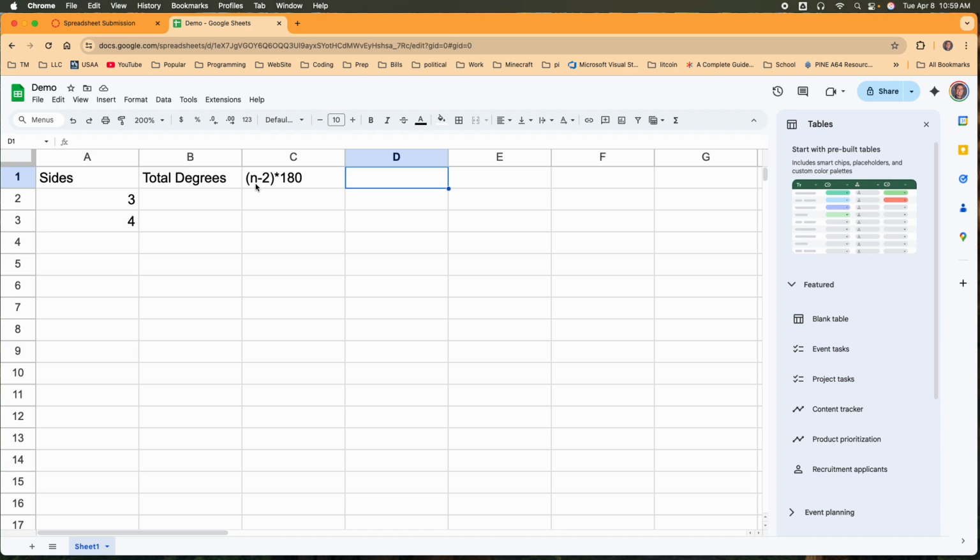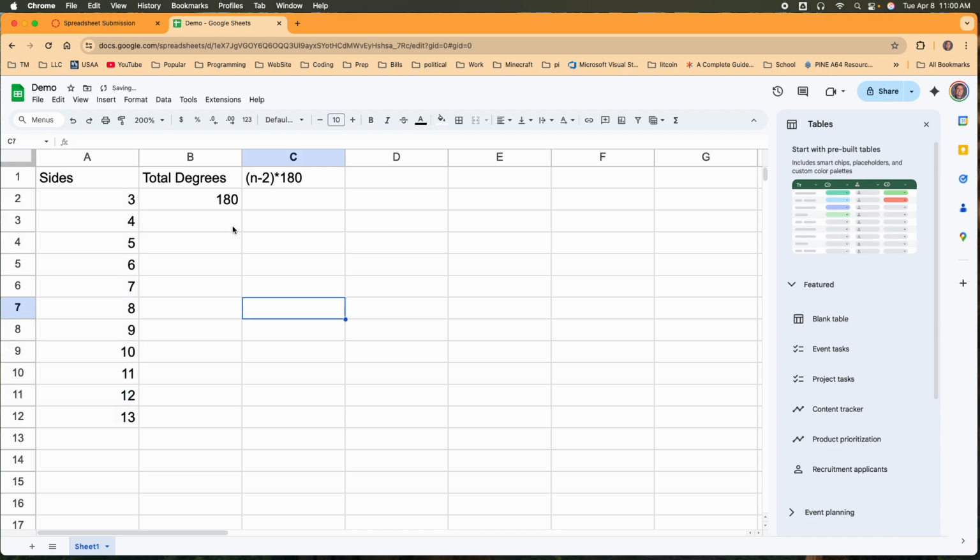All right. So n being the number of sides, I already found the formula. So you use the equal sign and just build that formula, except for instead of n, you're clicking on the actual cell you're using. So n minus 2, and then times 180, enter. And then it wants to autofill. We'll do that later. But again, I can use that, and I'm just going to go up to like 12